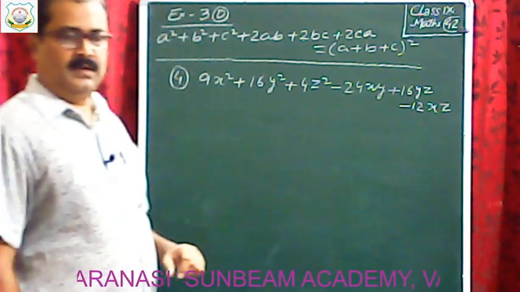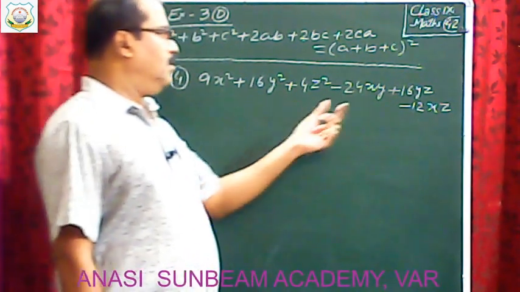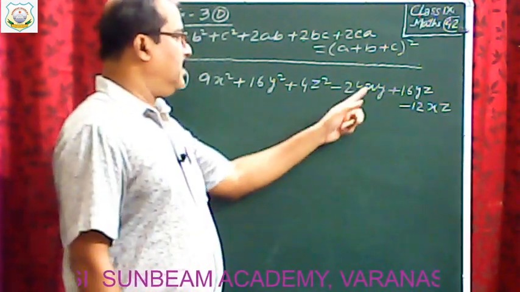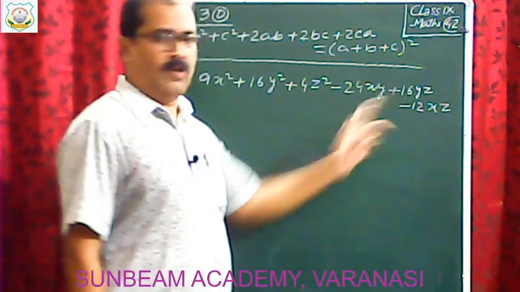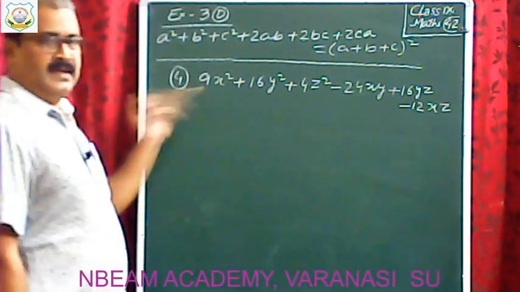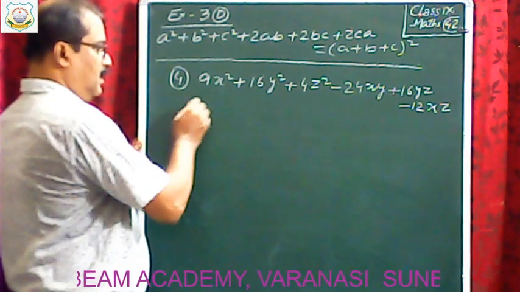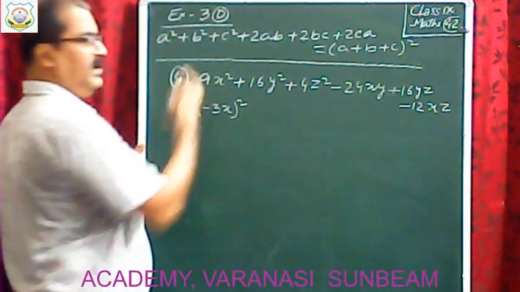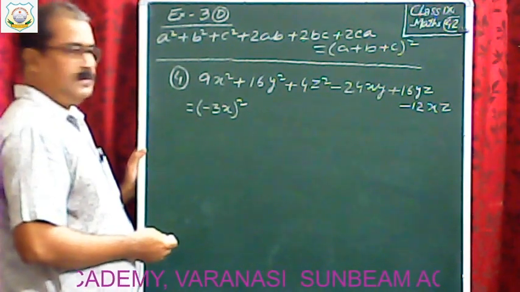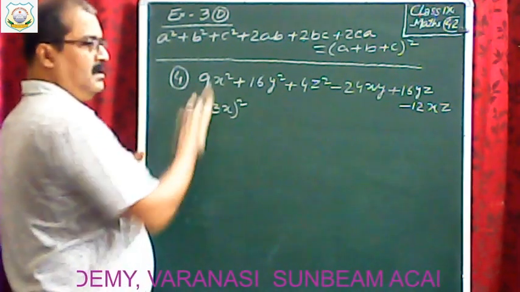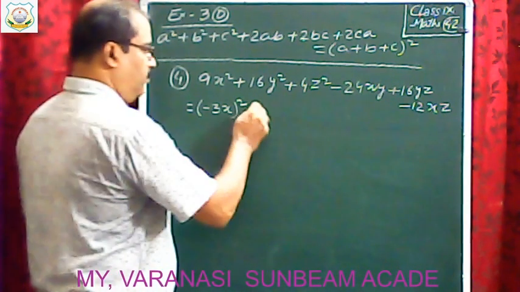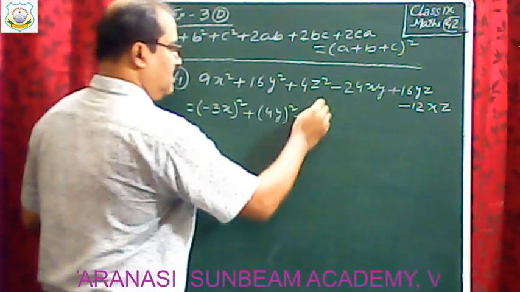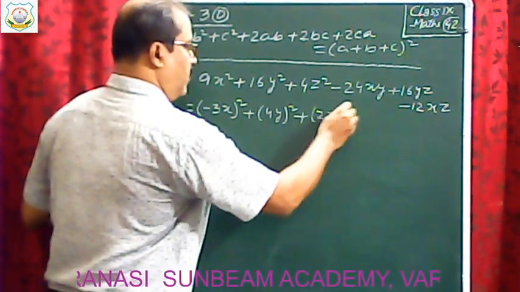We have to identify the negative term, we have to check the terms and the common literal: xy, xz. The x is common, means term x is negative. So accordingly we have to formulate minus 3x whole square. Again we get 9x square as minus 3x whole square, no problem, plus 4y whole square for 16y square. Then we get 2z square.